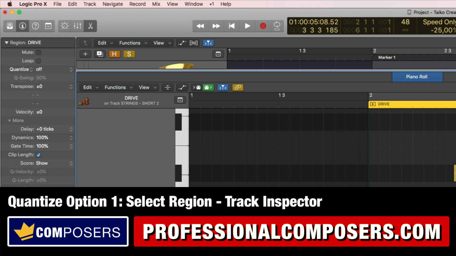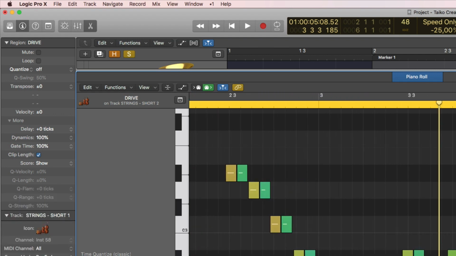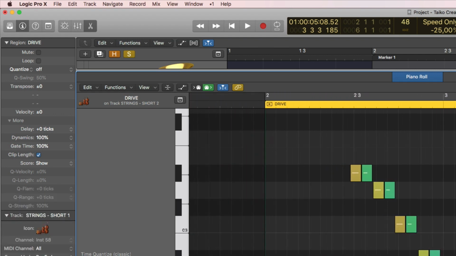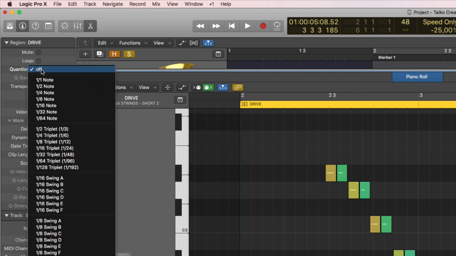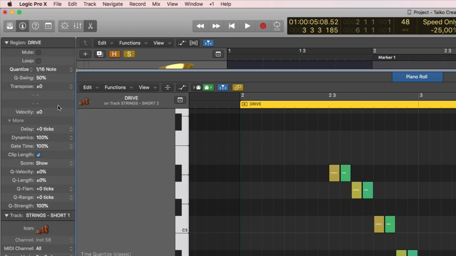So if you know what value is the most commonly used here, or the least common denominator, meaning the smallest timing, it is 16th note in this case, I can simply turn on 16th notes here and look what happens. Now all those notes are aligned perfectly to the 16th note grid. Well, in most cases you do not want notes to be all perfectly aligned like this, because that will sound